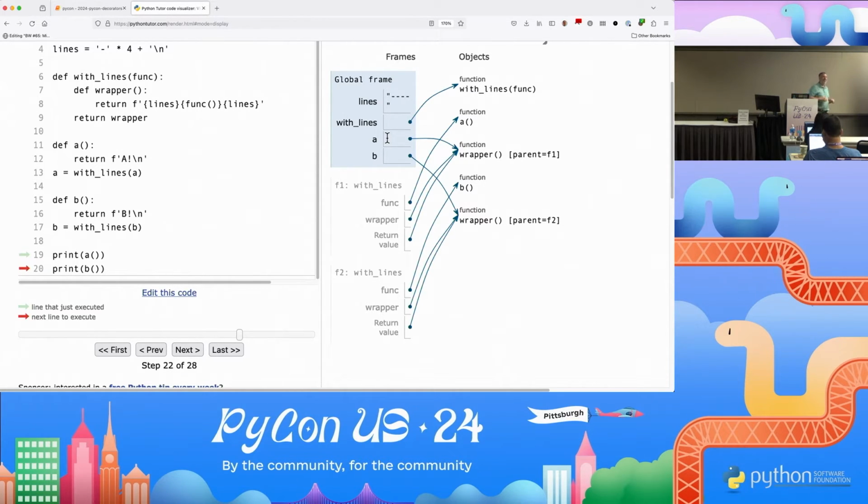Yes? What's the benefit between having the wrapper and just having the function that just inputs func? What's the benefit of actually using the wrapper there? So there are two reasons. One is we're going to see the official decorator syntax in just a moment, and it requires that we do it this way. The second part is once we have two functions to play with, the outer and the inner,